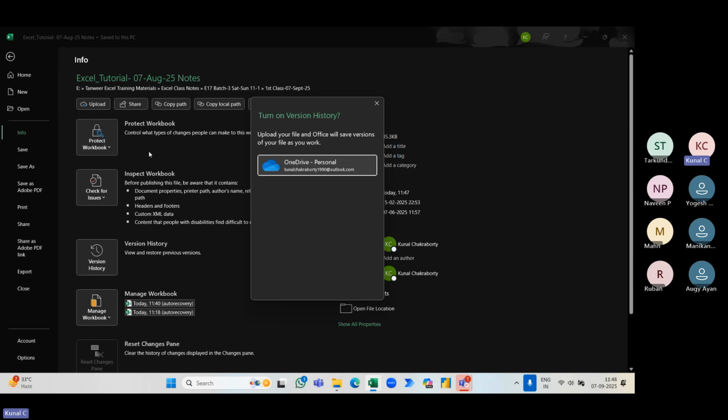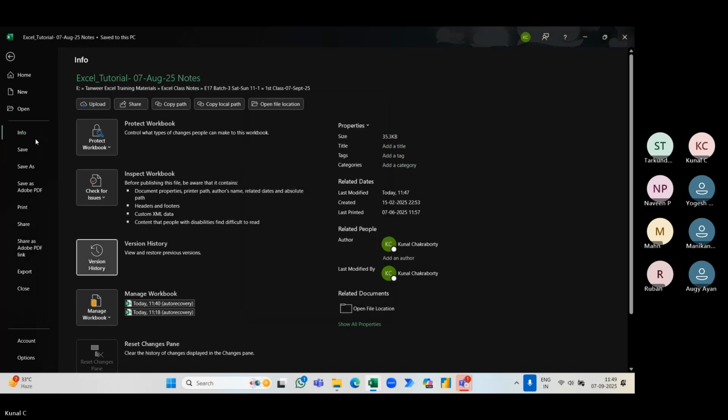Okay. Normally in Excel, we will not have all the features. Right. So for that, you see, turn on version history. Everything is available once you save the file in cloud. Now, over here, as you can see, there is Save and Save As. Okay. Now, for this, suppose